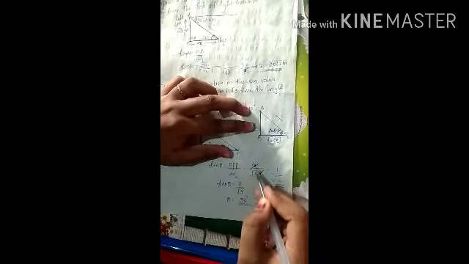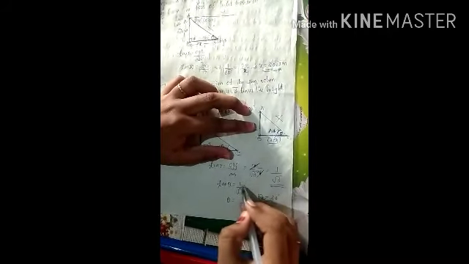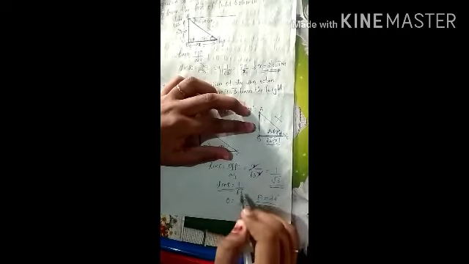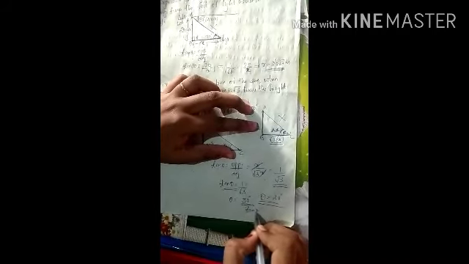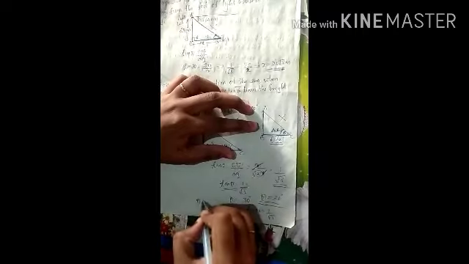Simply, they gave the opposite side and adjacent side and asked us to find the angle of elevation. Okay, tan theta equals opposite by adjacent, that is x by root 3x. If I cancel x and x we get 1 by root 3. In tan theta value, where will we get 1 by root 3? At 30. Tan 30 equals 1 by root 3. We all know, right? So theta equals 30 degrees is our answer.